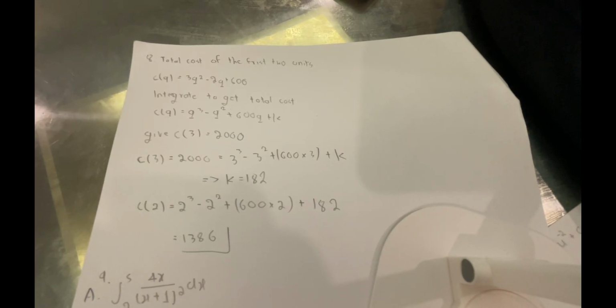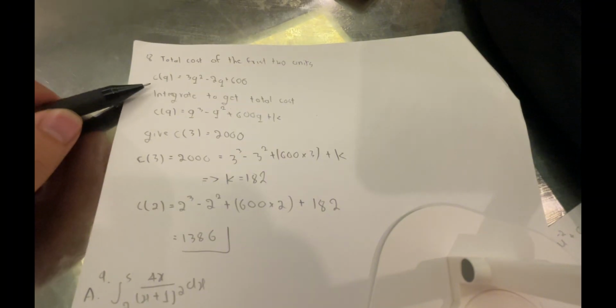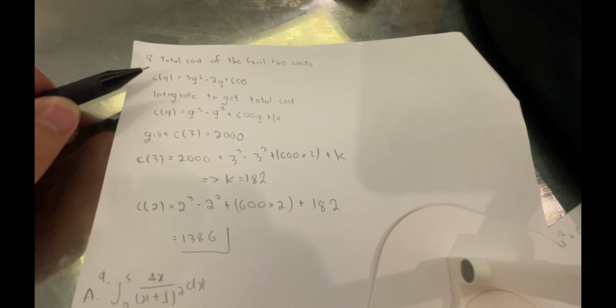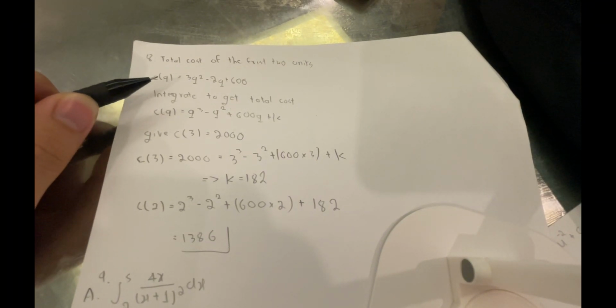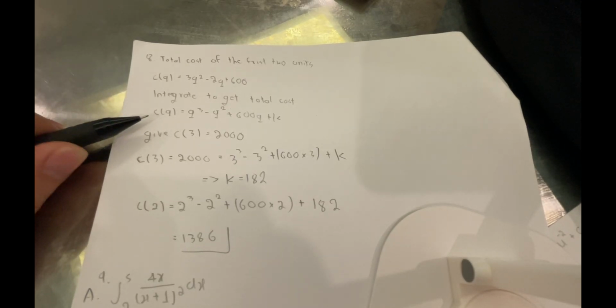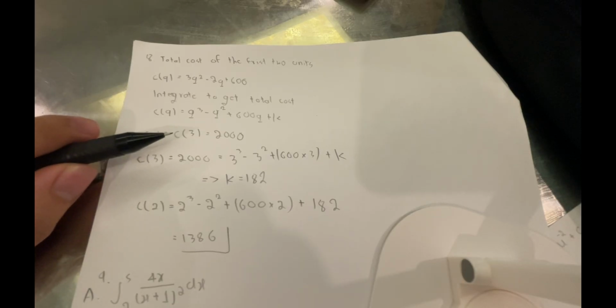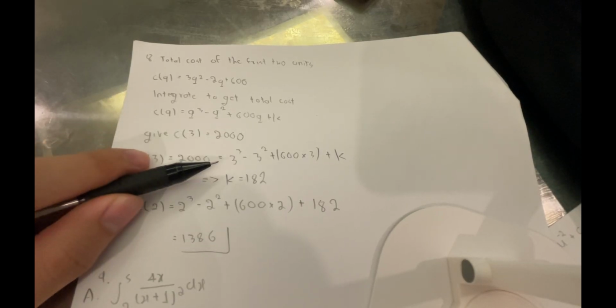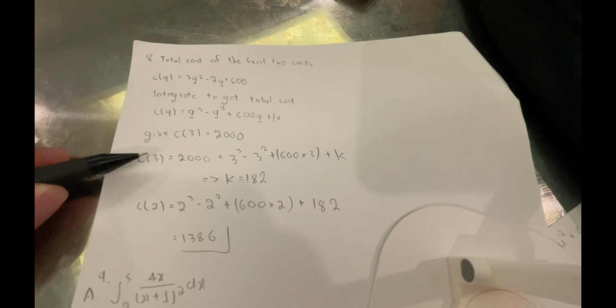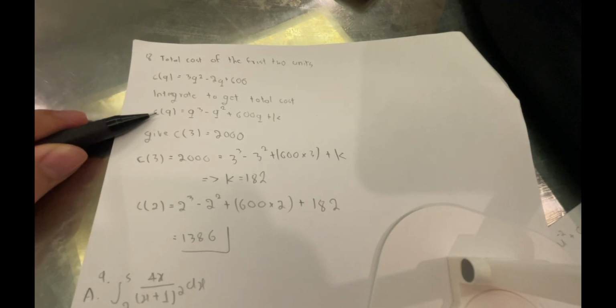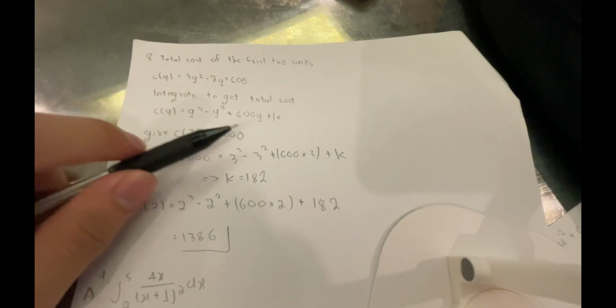Okay, for 8, the total cost of the first 2 units, basically this is the function we have, and this one we also need. In the pattern we are given the third unit is equal to 2000. Then we use this to put it into this one